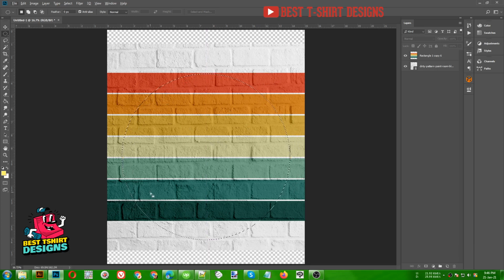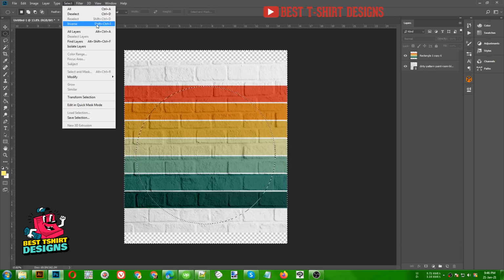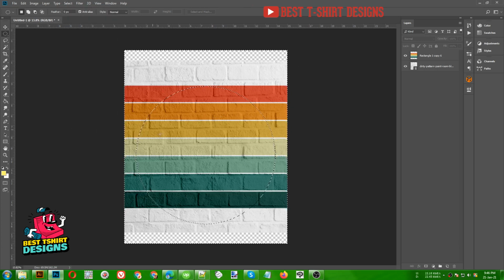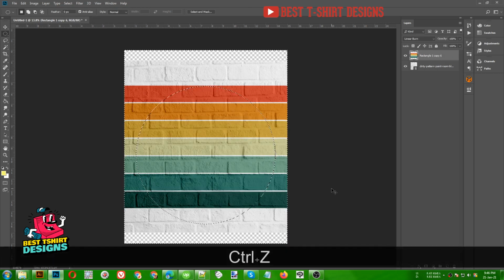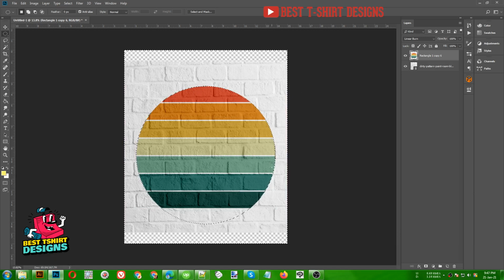We have an ellipse here, the sunset effect that we wanted to create, and with this selection active we need to focus here. I'm going to press Ctrl Shift I, that is inverse selection, or you can go to Select, then Inverse, that is Shift Ctrl I, whichever way you want to do it. So with the inverse selection like this, I'm going to go to my rectangle layer, and if I click on this layer mask icon, it is going to, okay, sorry for that, we need to do it in two different ways. The first step is if I press delete, it is going to delete everything that is outside of my circle, and we get a perfect circle here.